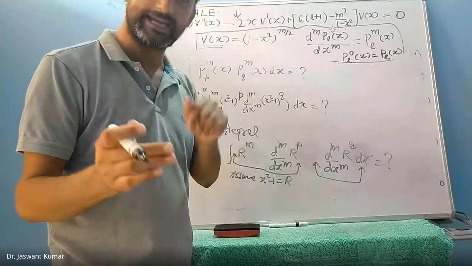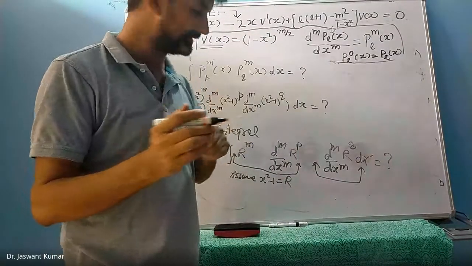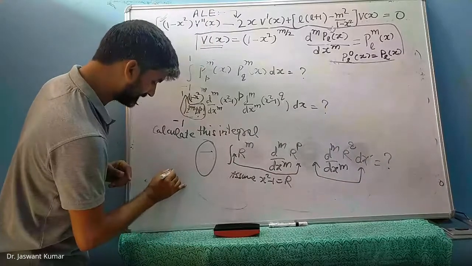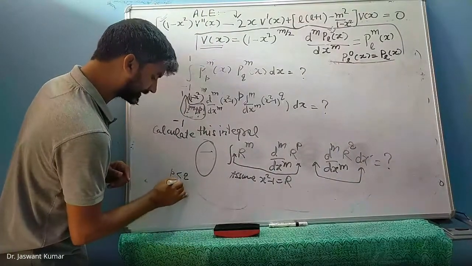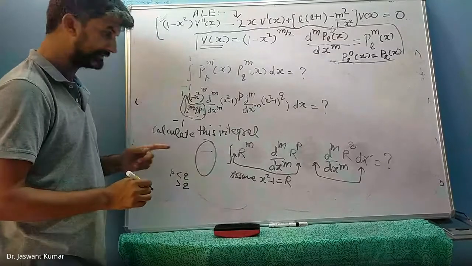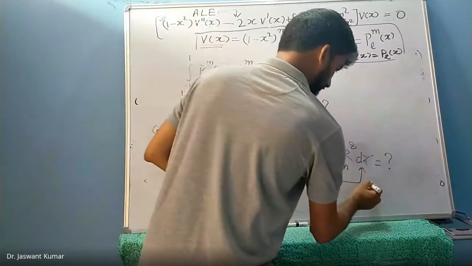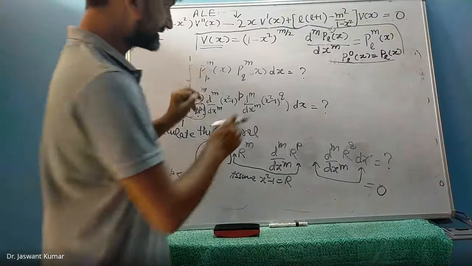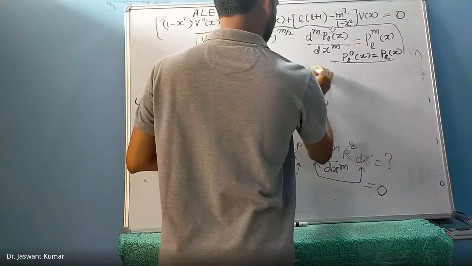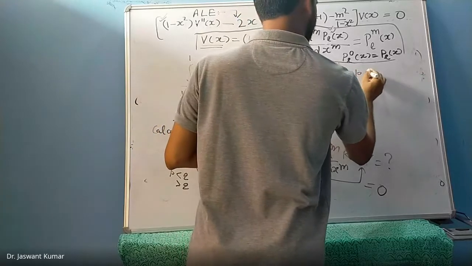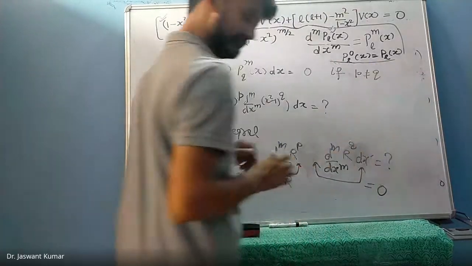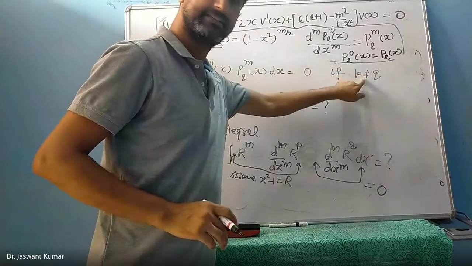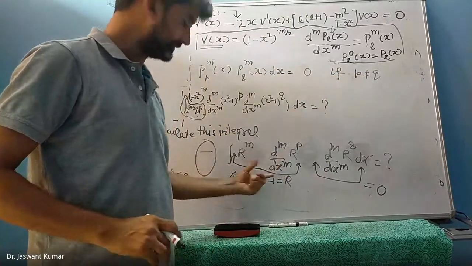You do that, you will find that P is not equal to Q, and that means if P is either less than Q or greater than Q, then those terms will be equal to 0. So this term will be equal to 0 if small p is not equal to small q. This will be obtained from this equation only.